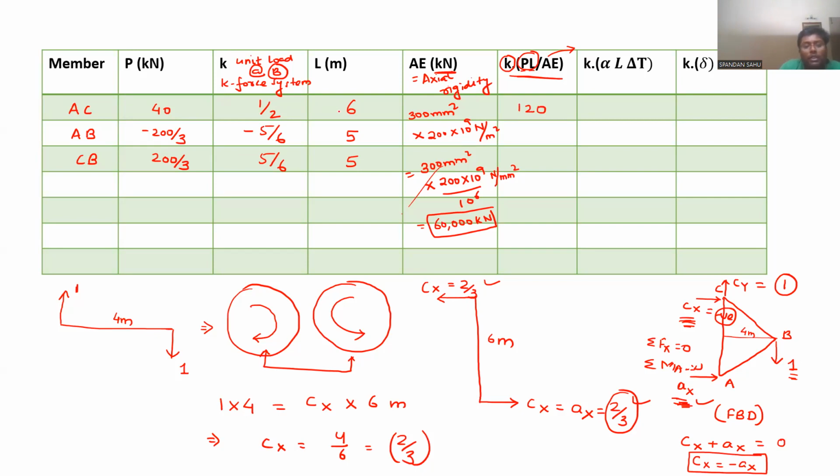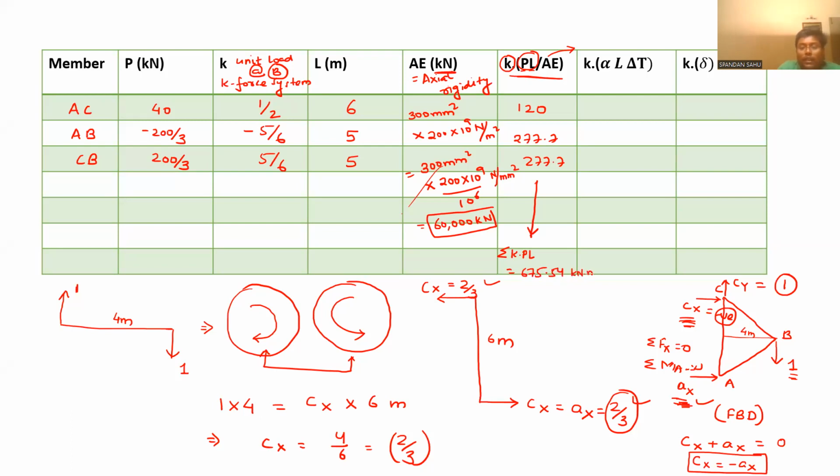Means 40 into 6 is 240, into 1 by 2 is 120. And when you multiply these three entities, here you will get positive 277.7, and the other one will also be same 277.7. So when you do the summation of K into PL, you will get 675.54